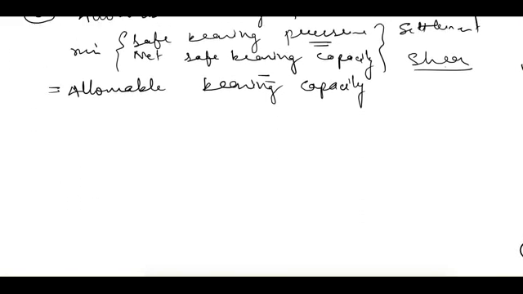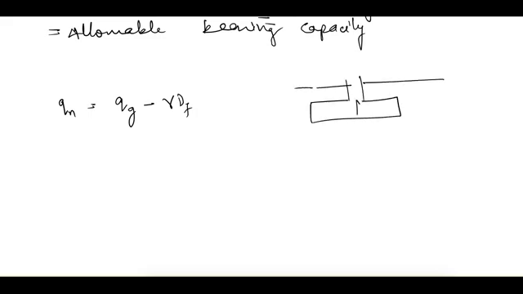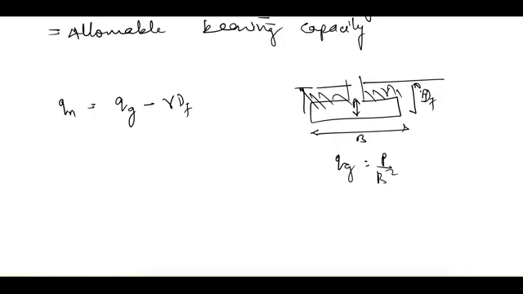These were all the definitions related to bearing capacity. Now we can see one more point. We defined the net pressure intensity earlier, denoted as Qn, and it is equal to gross pressure intensity minus gamma df. With the figure, the gross pressure intensity is due to the total load. If it is P, this is B, this is df, and unit weight is gamma, then if the soil is there, Qg is equal to P by B square plus gamma df. So from here Qn is equal to P by B square.